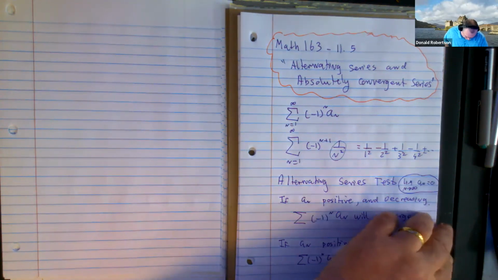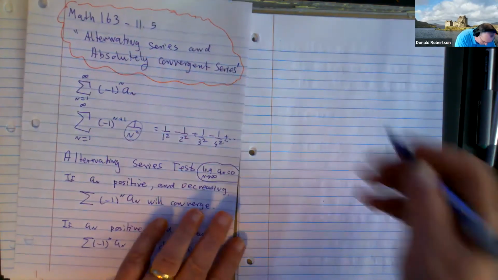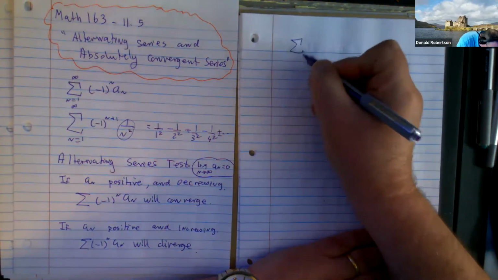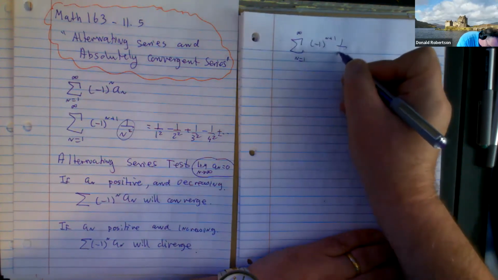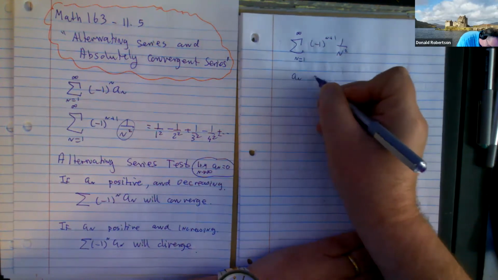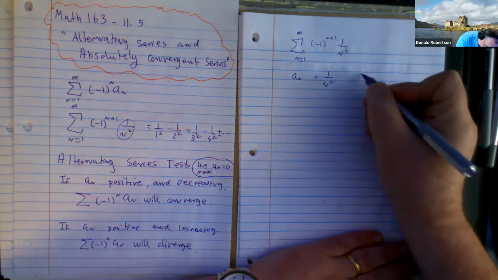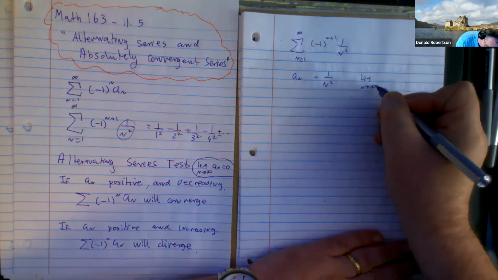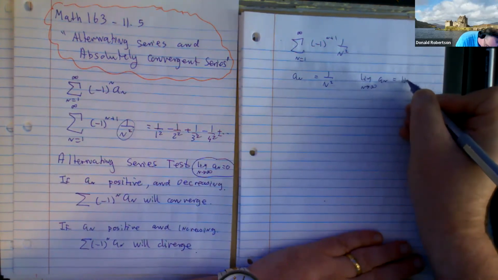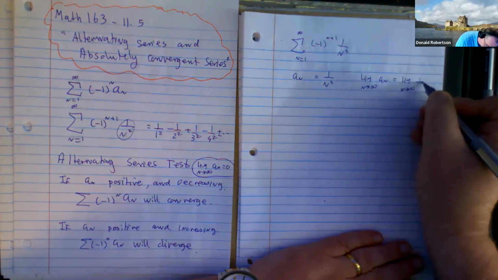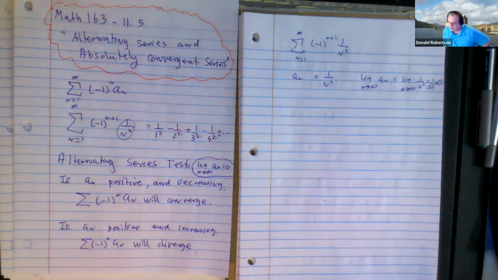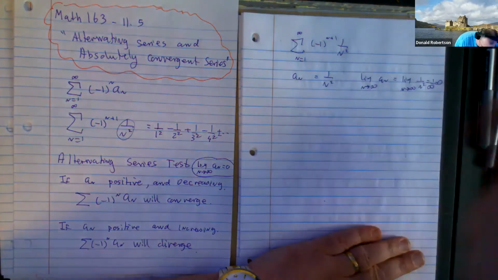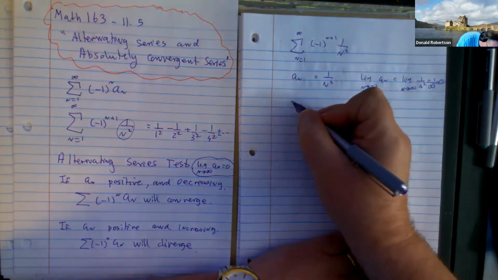Well, let's take the one I just wrote down. I wonder if this alternating series converges. Well, the b_n is 1 over n squared. Would you agree that the limit of b_n, which is the limit as n tends to infinity of 1 over n squared, couldn't I just brute force that and say the answer is 0 with almost no working at all? Right, 1 over infinity squared is 0. Now, is it positive? Yes. Is it decreasing? Well,